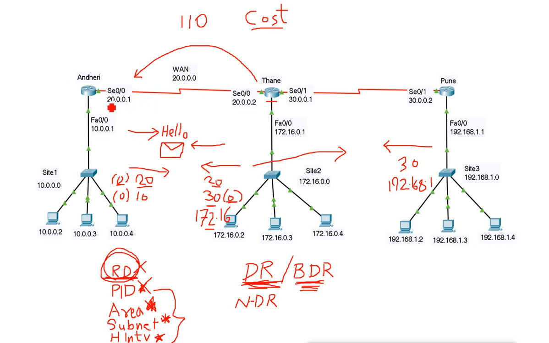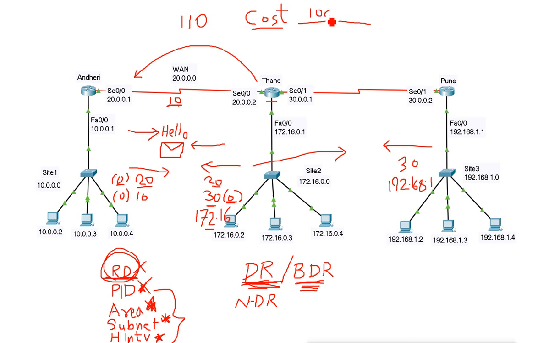So if this serial interface which is connected to Thane is 10 Mbps, it will calculate, based on this 10 Mbps, what the cost is for reaching network 30. So whatever cost comes for this, it will add to this 0. Now it calculates the cost by using a formula, using the bandwidth we have in bits.